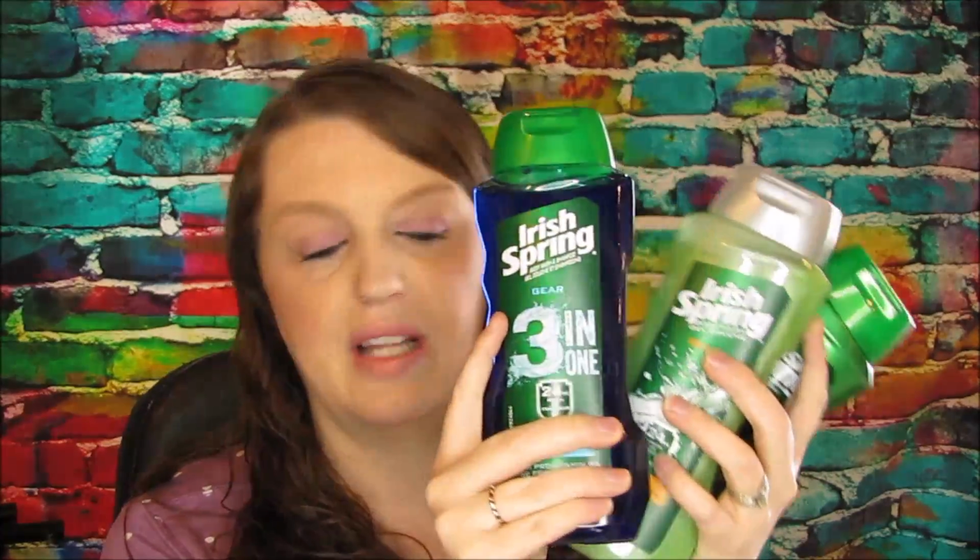I also had a $2 off of $8 body washes and bar soap CRT. You guys would pay $6.97 for all 3 of these, but then you guys will get $5 back, making it $1.97 or just 65 cents a piece. So I ended up doing it that way, but then I saw that the bar of soap